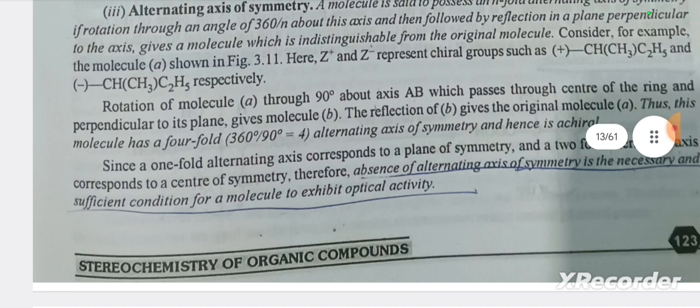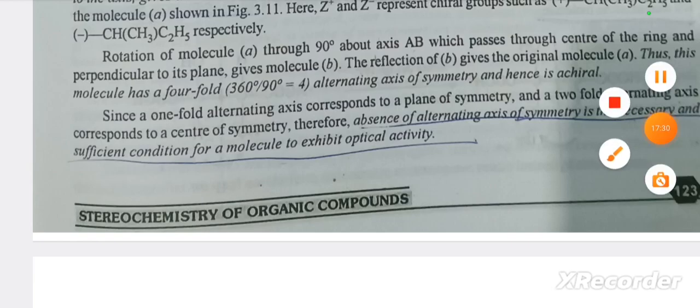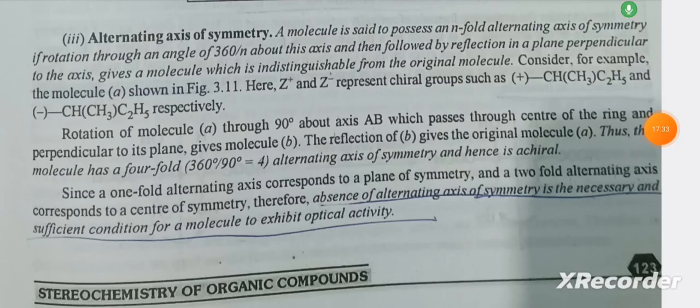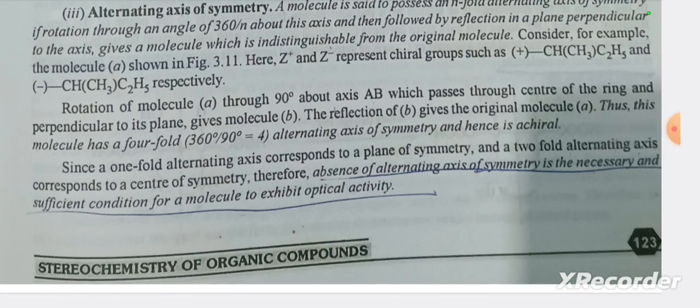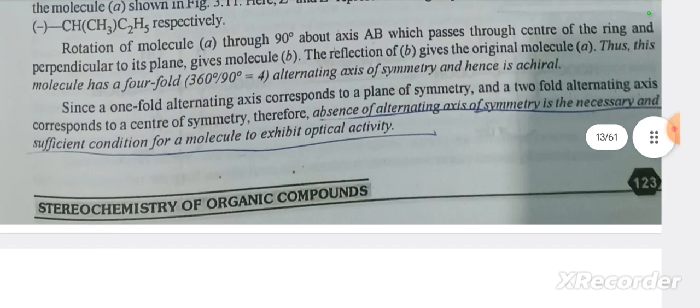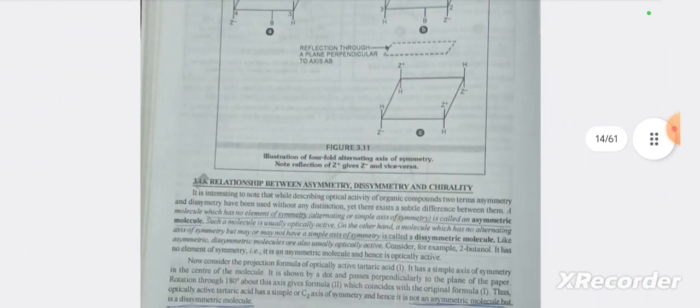Consider, for example, the molecule A shown in the figure. Z and Z minus represent chiral groups. Rotation of the molecule through 90 degrees about axis BB, which passes through the center of the ring and is perpendicular to the plane, gives molecule B. The reflection of B gives the molecule A. Thus, this molecule has a fourfold alternating axis of symmetry and has a chiral